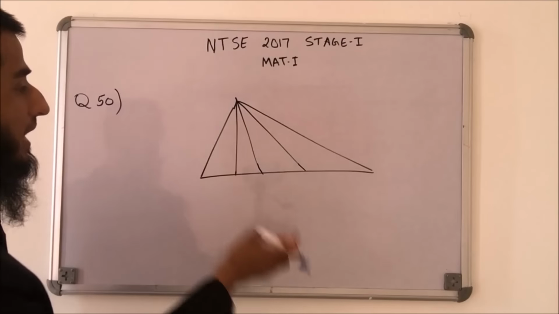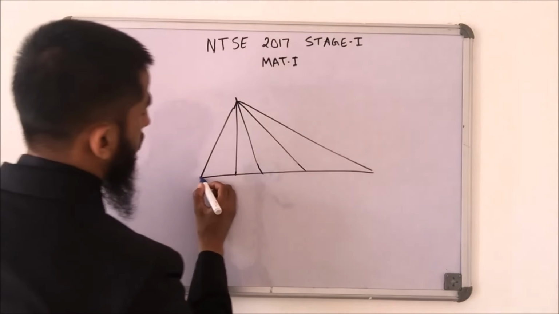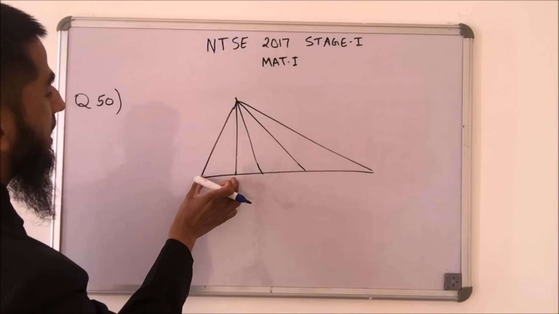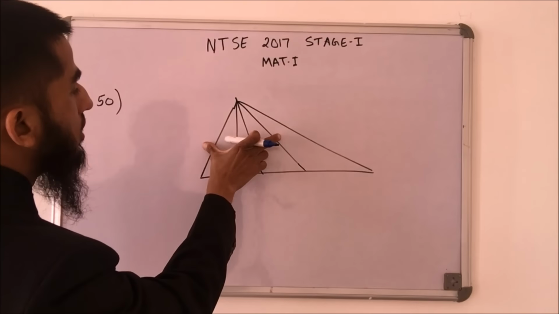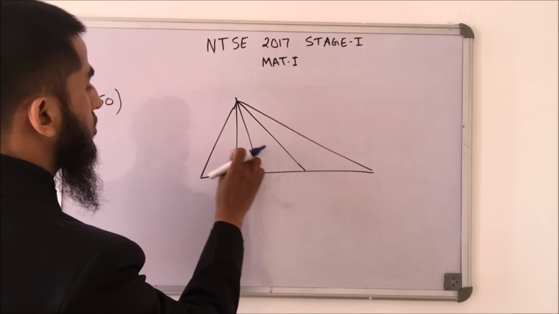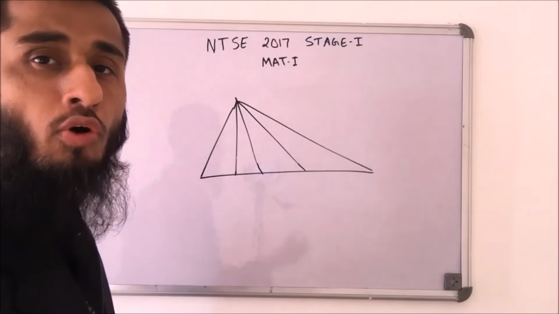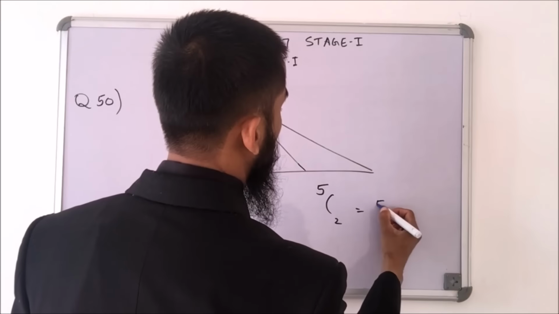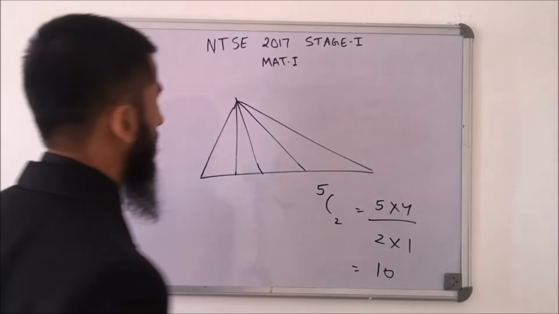Here we need to find out the number of triangles which can be formed from this figure. Now to find out the number of triangles, we can see that this line is common. So if I select any two lines, I get a triangle. With this line and these two, I get a triangle. If I select these two, this is already there, so I get a triangle. If I select these two, this is already there, so I get a triangle. So what I have to do is select any two out of these. 1, 2, 3, 4, 5. Out of these 5, I have to select any two. So the method to select 2 out of 5 is 5C2, a combination problem. So 5C2 is 5 times 4 upon 2 times 1. So I get here 10. So we will have a total of 10 triangles.